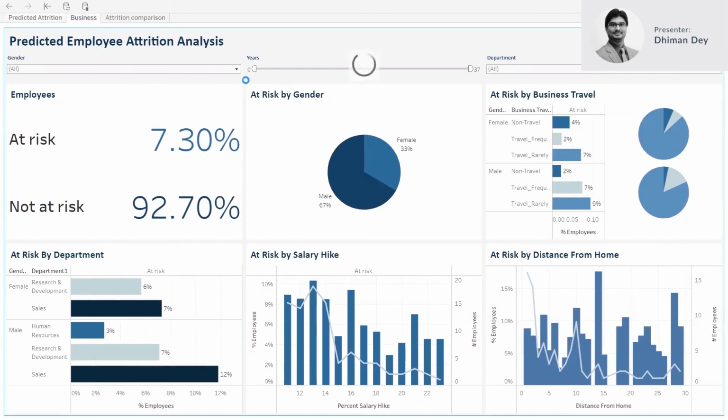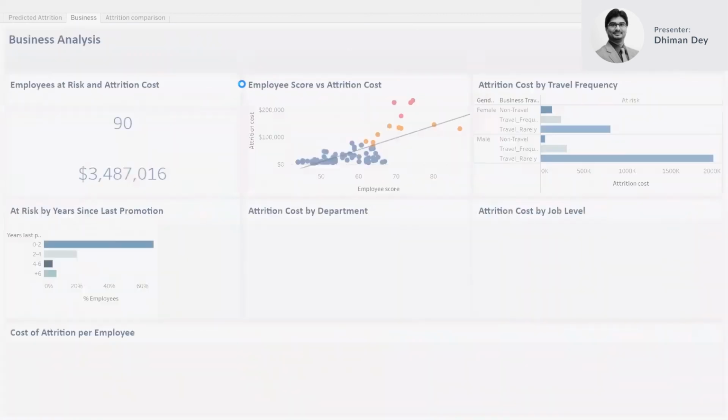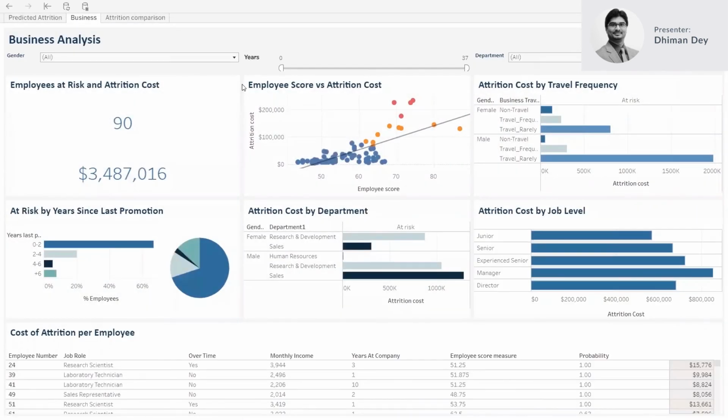Coming to the business aspect of things, where we basically understand the cost impact of the people planning to leave. And here is what we are going to see, the real, jaw-dropping numbers. We have a data set covering 1540 employees.